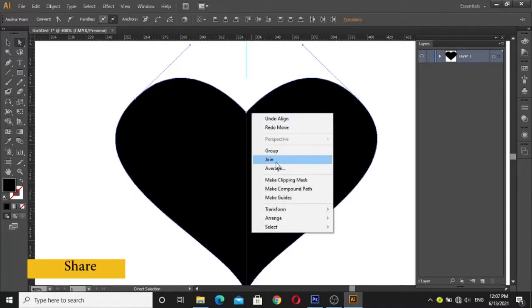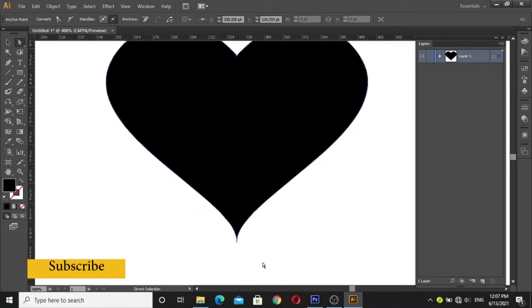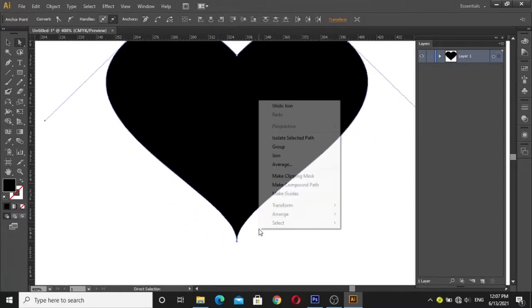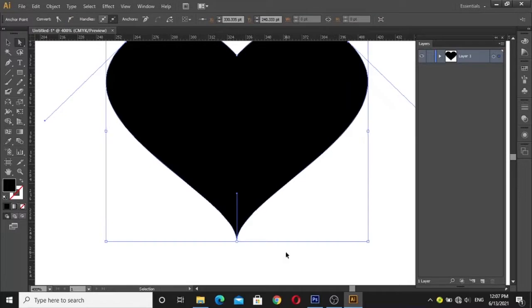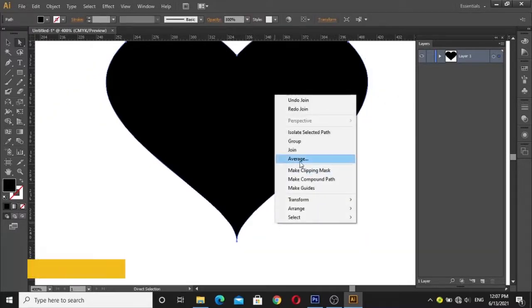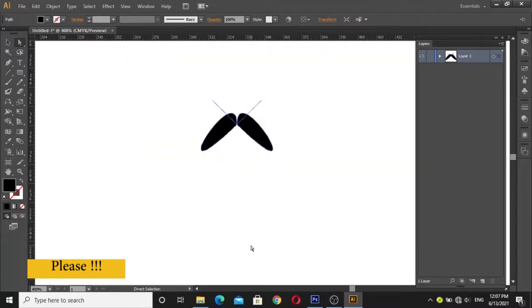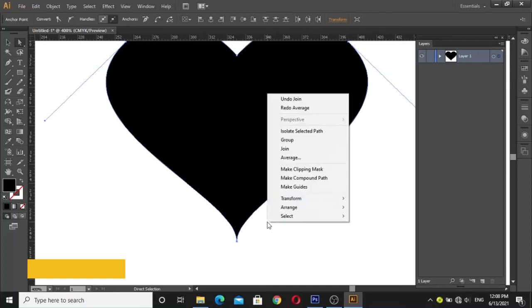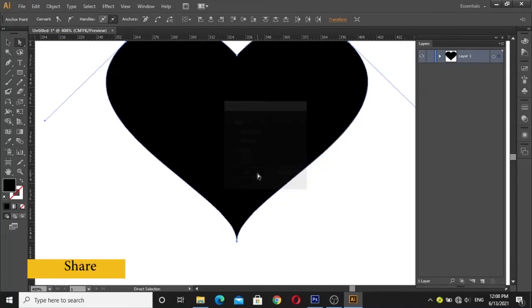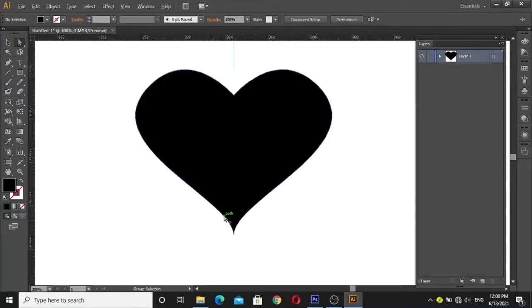They are separate. They are not complete paths, they are open paths. But now I have joined both ends where the paths were not joined. Average option is the best. I select this selection tool, actually I use the direct selection tool.